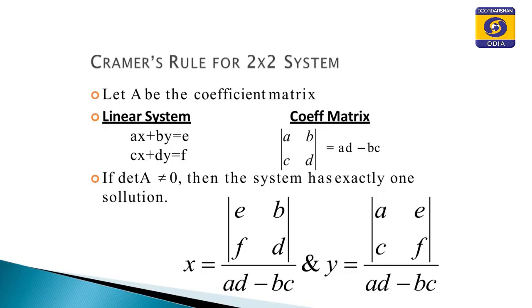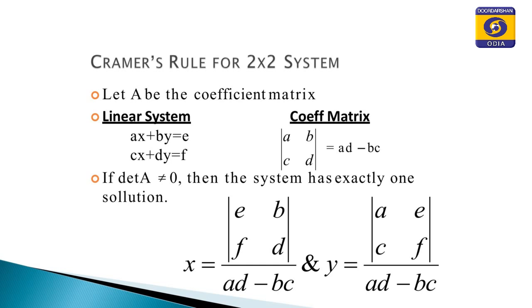If det A is equal to 0, then this system is inconsistent. That means there are infinitely many values of x and y, so we cannot solve this equation. If det A is not equal to 0, then the system is consistent, and we proceed to find dx and dy, two other determinants, by replacing the coefficient variable column with the constants.